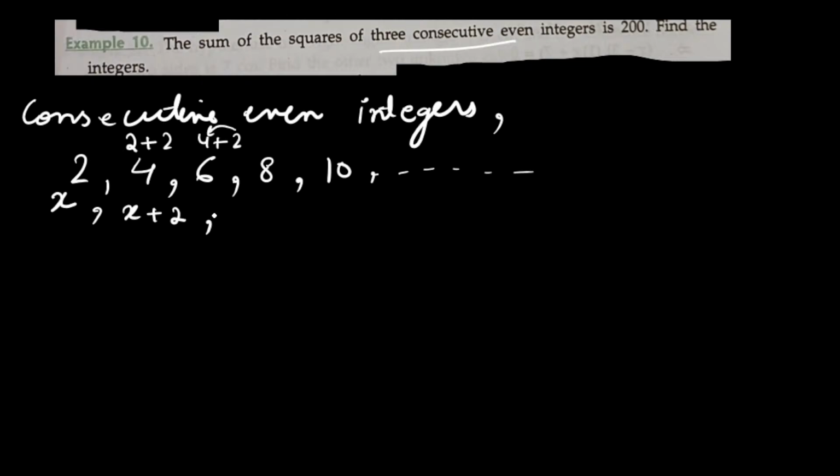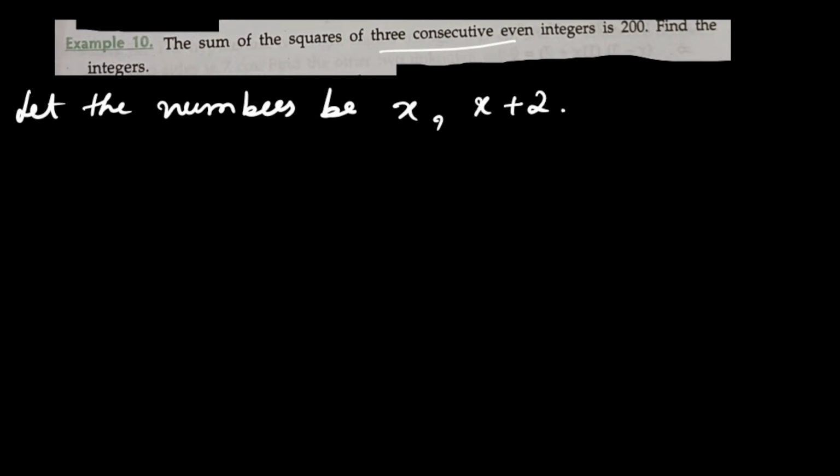The third number is first number plus 4, so x plus 4. Basically it is second number plus 2. The second number is x plus 2, so second number plus 2 will become x plus 4, since 2 plus 2 is 4. Yes, so three numbers we have to assume. Assumptions like this we can do. So let the numbers be x, x plus 2 and x plus 4,